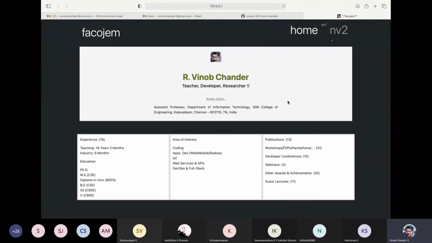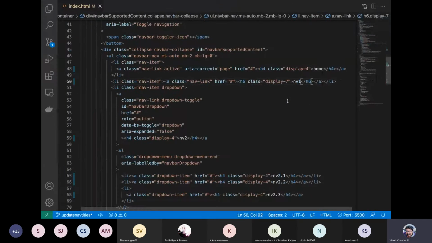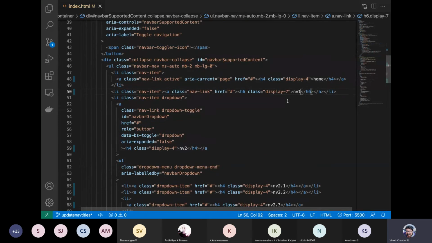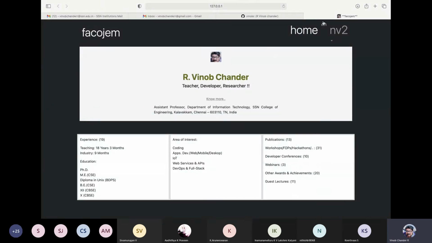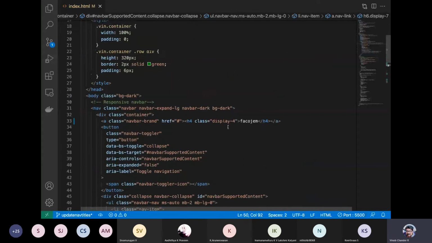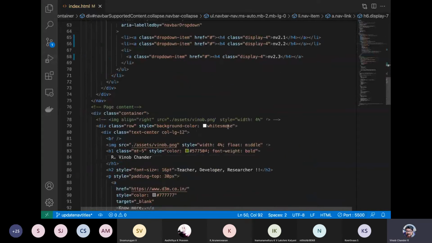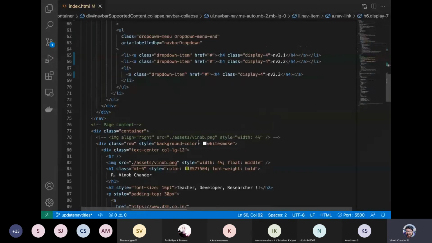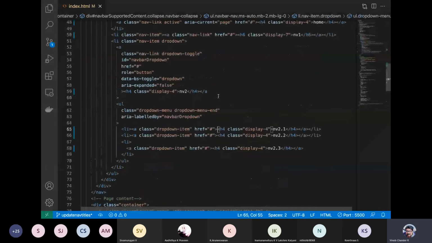Still it is not reflected. Do we have any issue over here? We are not able to see the change. Can we look into that?